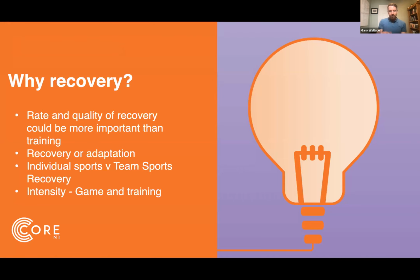So why recovery? The rate and quality of your recovery could be more important than your training. Some of us can get fixated on, we need to train. Again, depending on the level, depending on your coaches around, even if I'm working in elite sport, some coaches believe that they need to train more. These guys are doing this and we're doing that. It's like, okay, well, how's that relating to your recovery? Are you giving yourself the right amount of time, the right preparation to recover? Are you setting stuff up pre, post, during even for recovery in terms of supplementation? So there's so much that recovery can help you with in your training and performance,